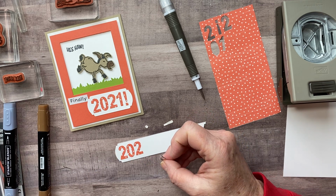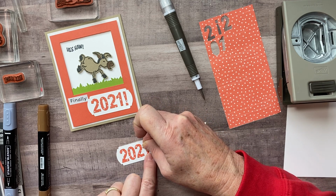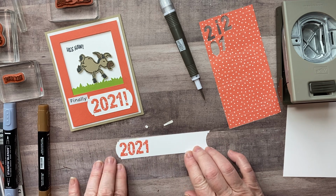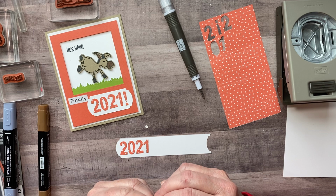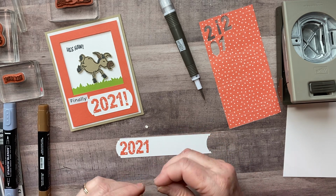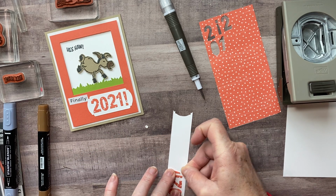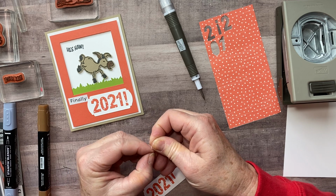Yep, that wasn't painful or awful at all to get the adhesive off of those little numbers. 21, and I think so far I might be going a little bit uphill, but not bad. Let me put the little explanation point, and then this piece might be impossible. Let's see if I just...